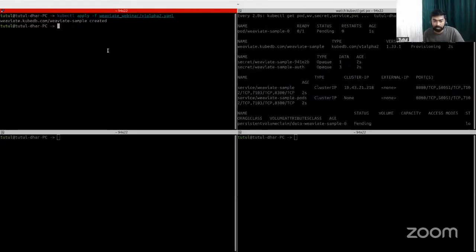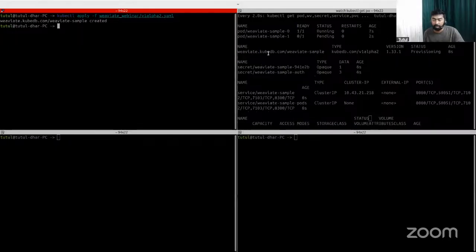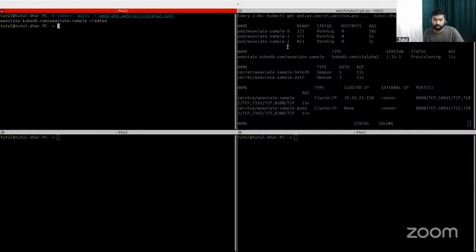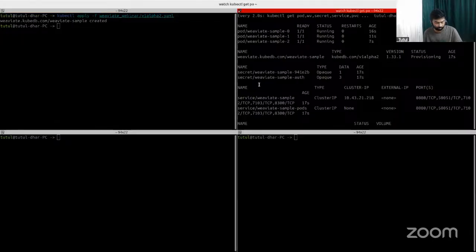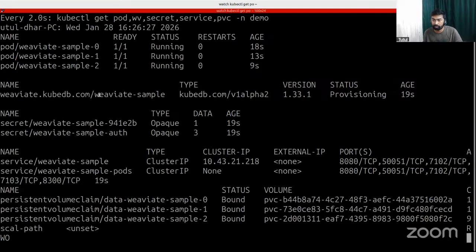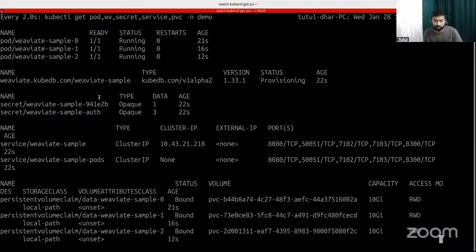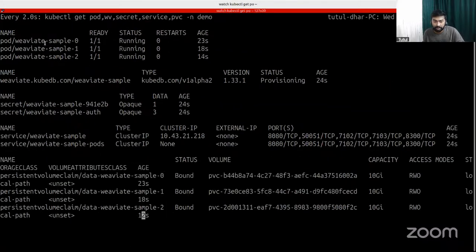Once I apply this manifest, the operator takes over and starts creating replicas one by one. Behind the scenes, the operator ensures that each pod joins the cluster correctly and the health checks pass. We can see the Weaviate pods running, which means the cluster is up and healthy with no restarts, and the Weaviate custom resource is in ready state, showing that